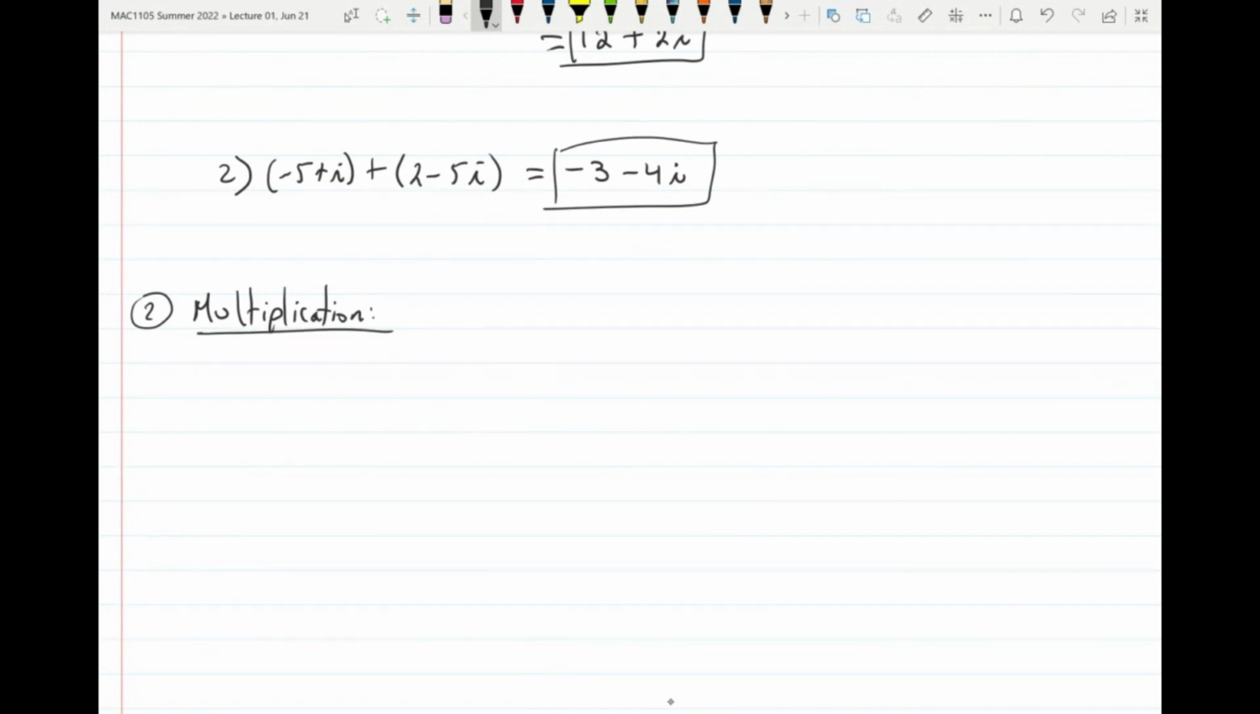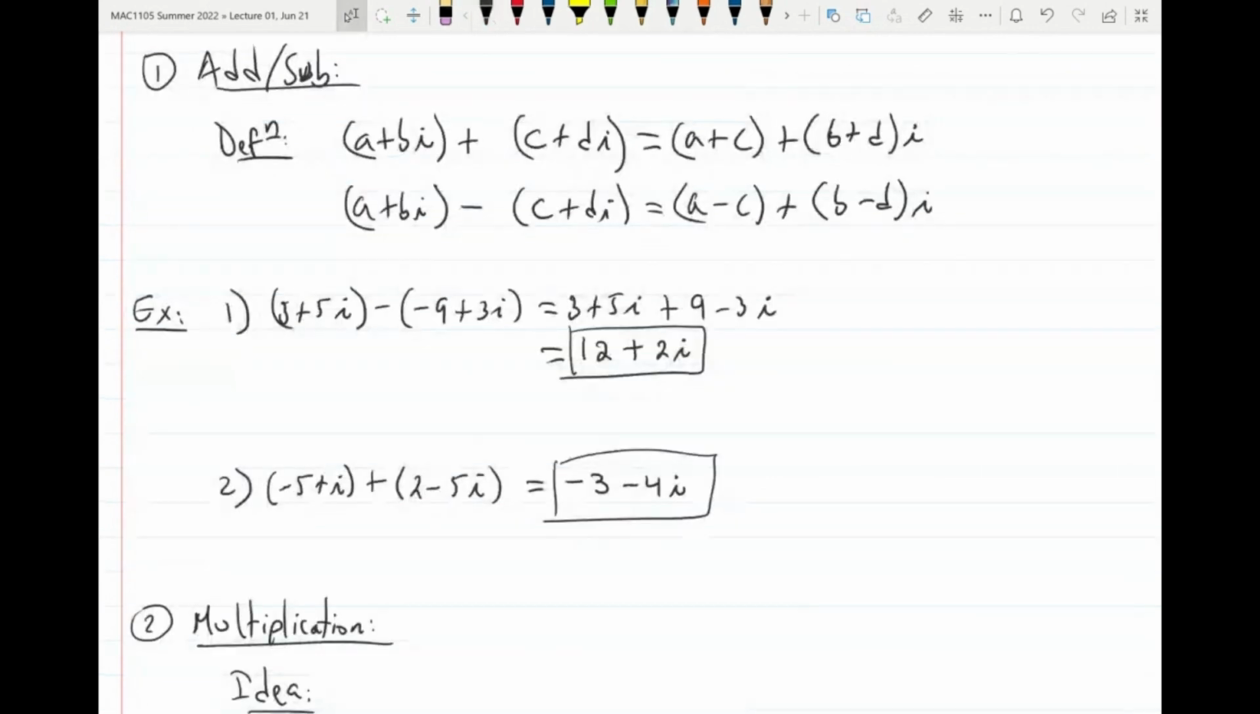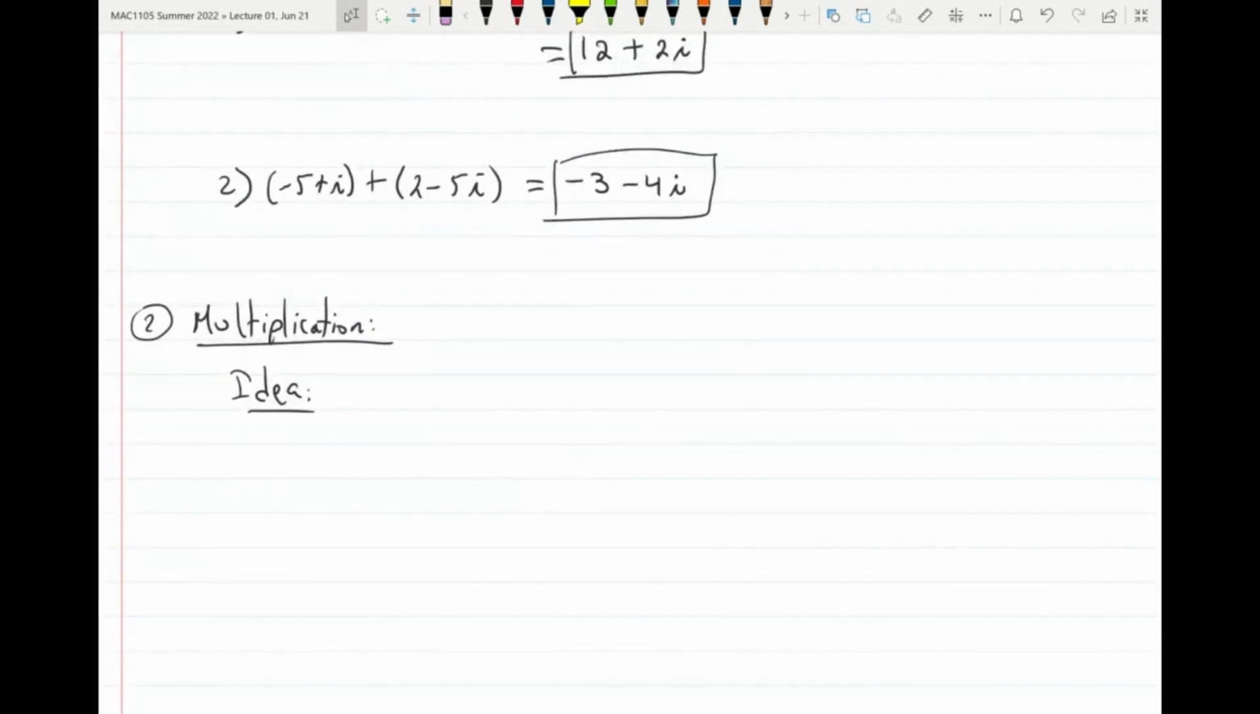Multiplication. Here the idea is, I could give you a formula. It's just that the formula is going to be super strange and big. There is no reason to memorize that formula. It's easier to just follow the distributive property. Like here, I gave you this formula for addition. I could give you a formula for multiplication, but it's going to be very long, and there is no point in memorizing that formula. So instead, when you multiply complex numbers, you just use the